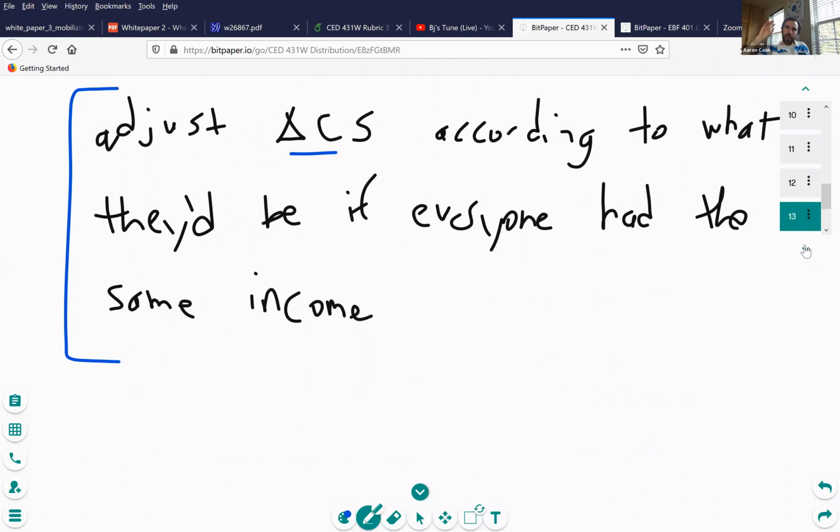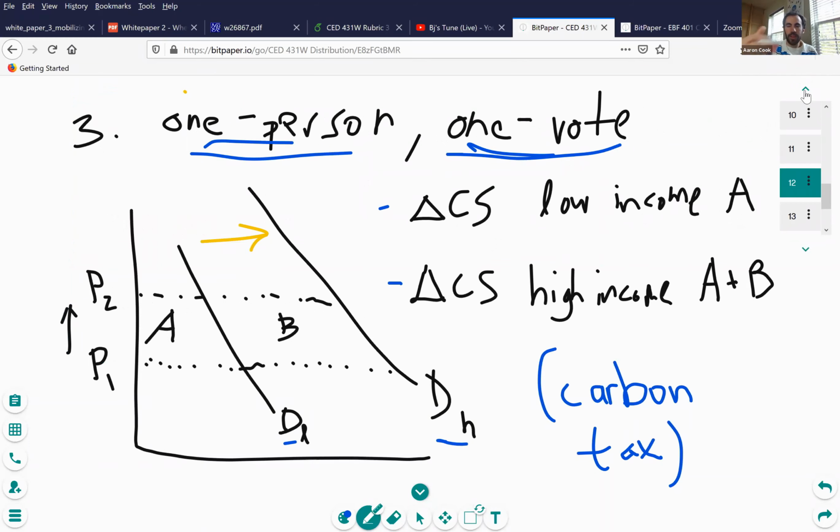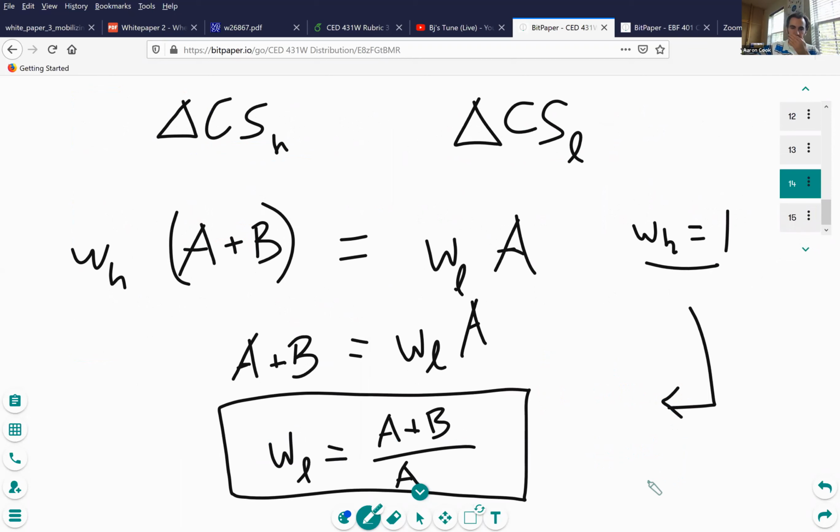So the idea here is you'd make a policy evaluation. If this is a carbon tax, you'd be considering what are the overall changes in consumer surplus that low income households are facing. What are the changes in consumer surplus that high income households are experiencing. You're sort of putting numbers on those. You're figuring those out with some knowledge about the demand for energy in these different groups of people based on their income. And then you're coming up with a set of weights here.